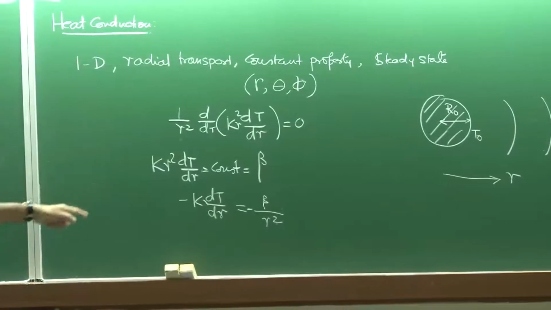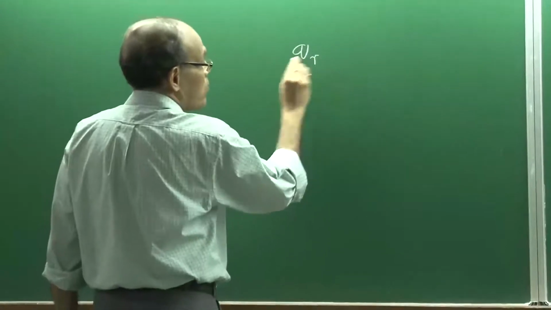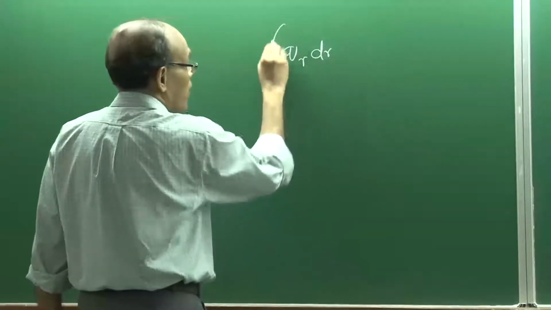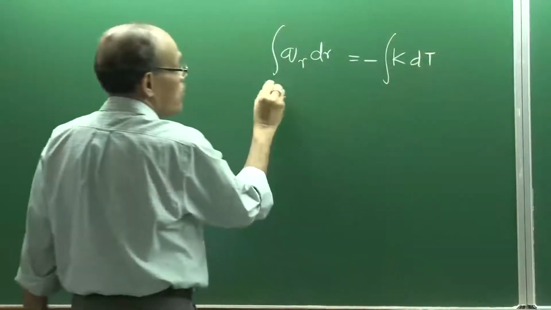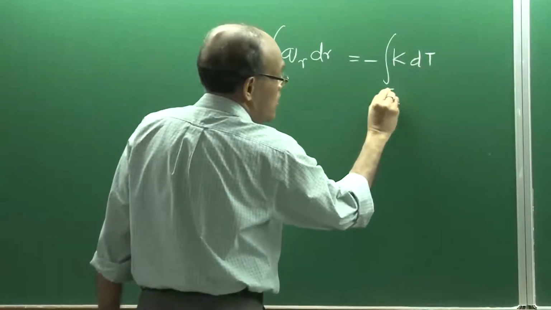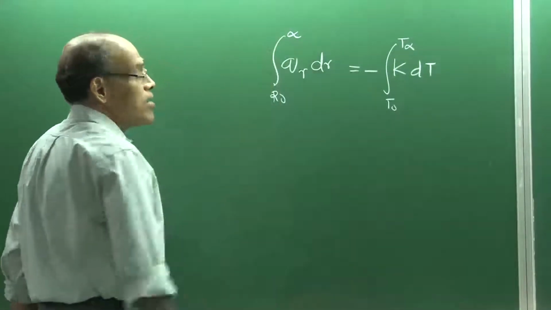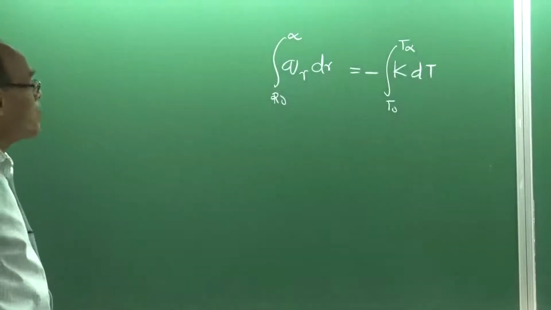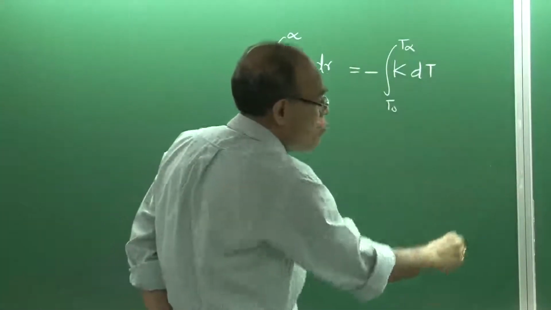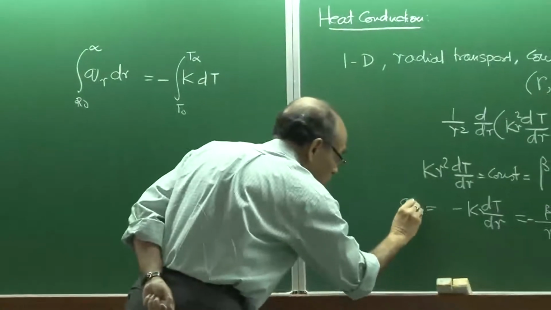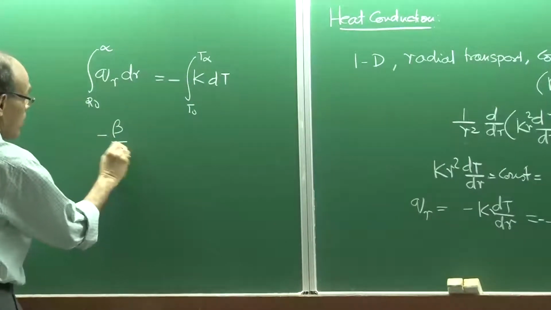Now, from the Fourier's law, we had this expression which I have discussed elaborately in the context of cylindrical geometry. So, if we integrate this, then we have minus k integral dT, and then we have the limits here, T equal to T0 to T infinity, and here I have from r equal to r0 to r equal to infinity. And if we do this, then we substitute here qr, and what is that qr? That is the value of qr, minus k dT/dr. So, this is going to be minus beta by r square,